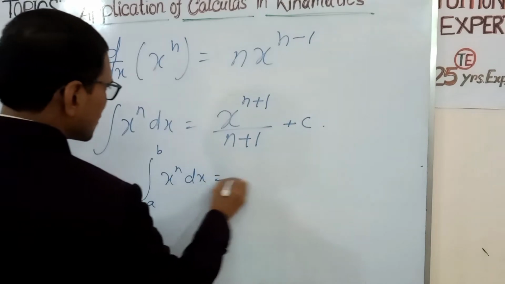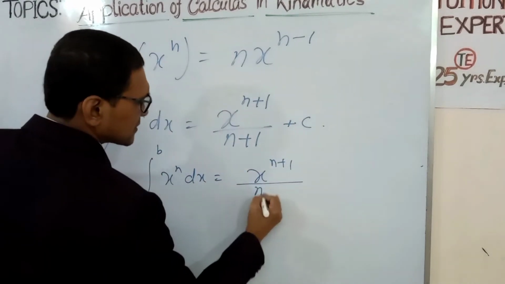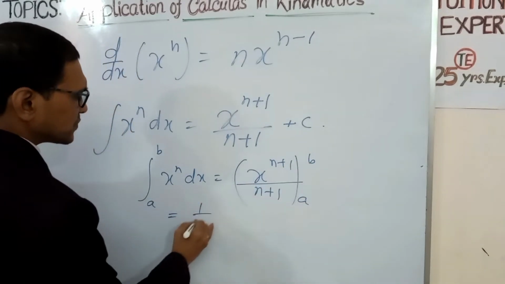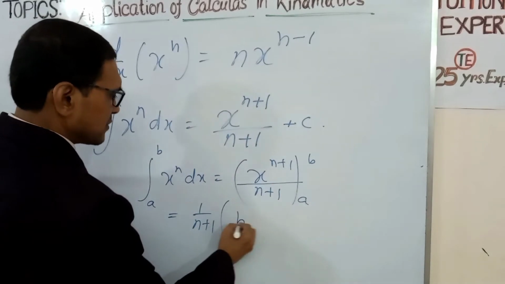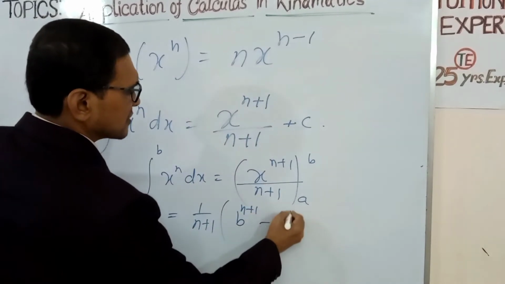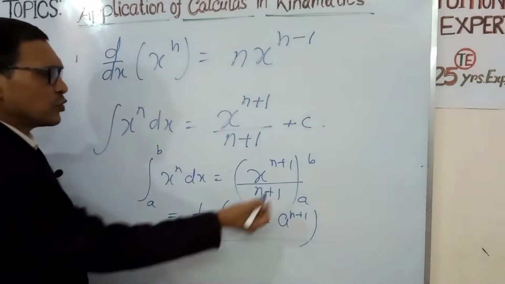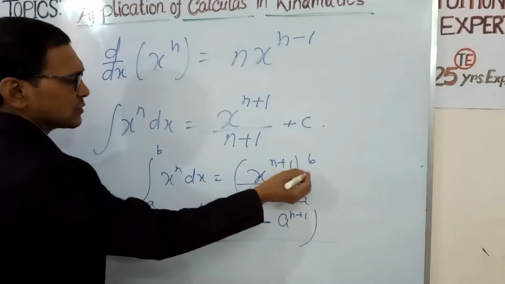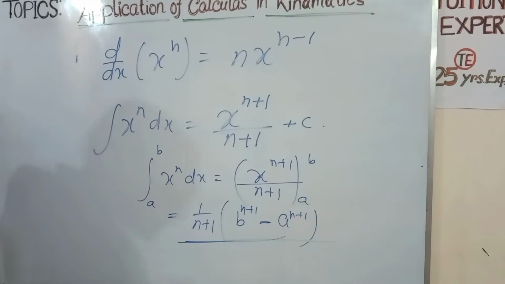So this equals this, which equals 1 over n plus 1 times this. That is, put the upper limit here minus put the lower limit here. So this is the formula we have to use. Now the problem is,